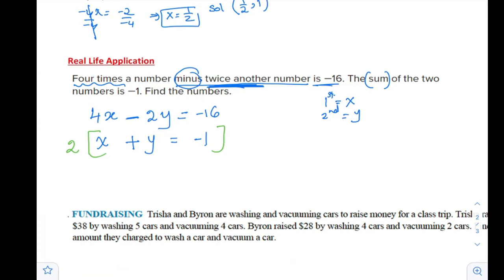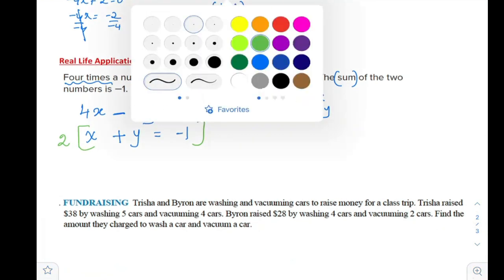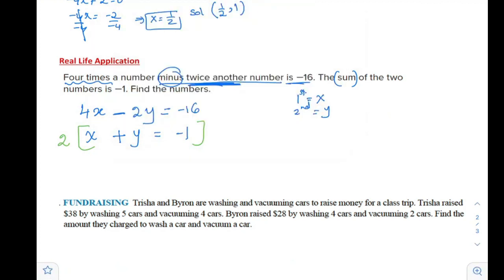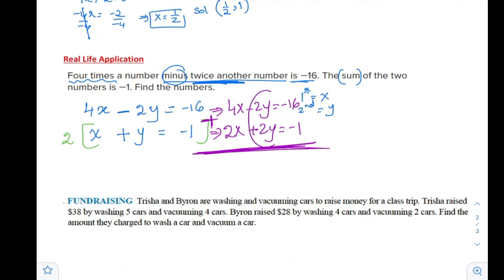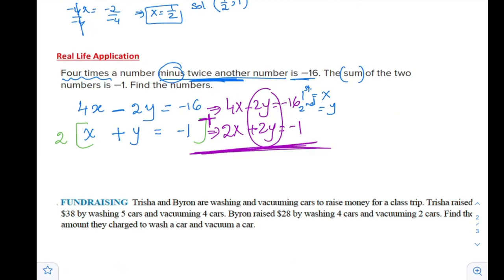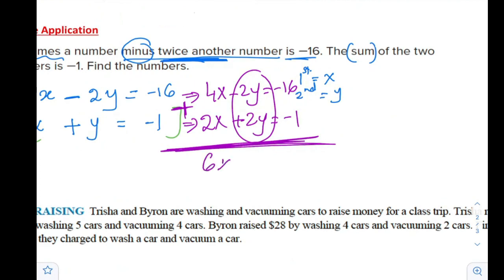If you do that, then the first equation will remain the same, and the second one will be, so I will copy this, 4x minus 2y is negative 16. The second one will be 2x plus 2y is negative 1. In this case, I will add because they are opposites. So I will add, 4x plus 2x is 6x. Then we have minus 16